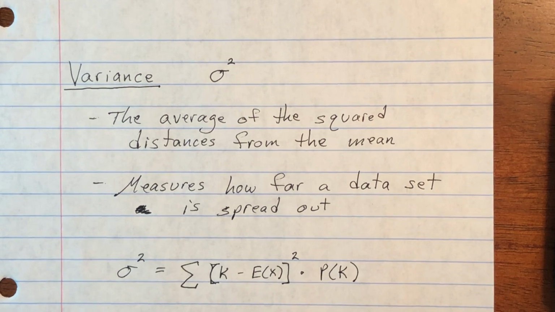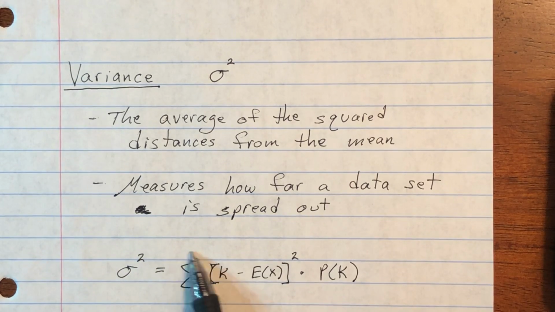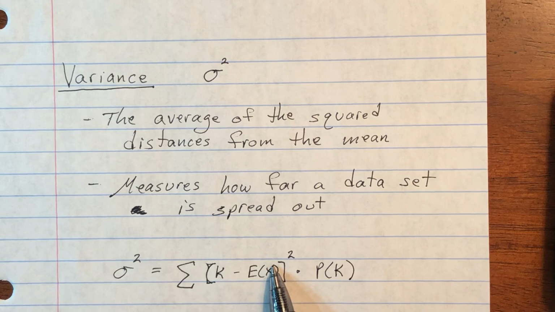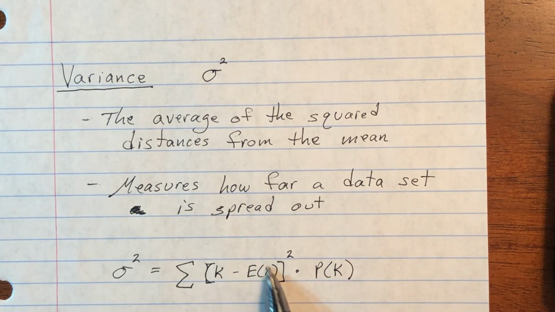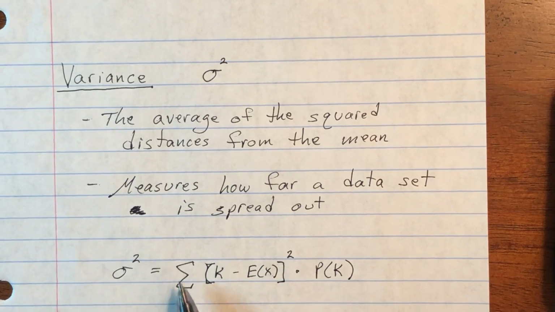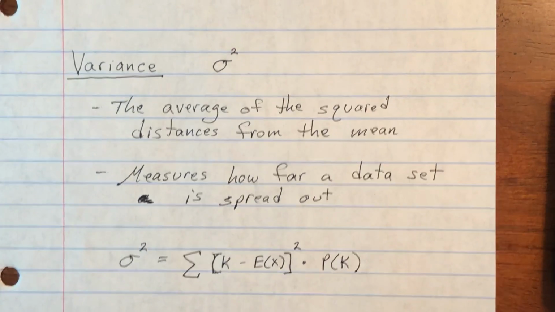The formula that you use for variance is sigma squared is equal to, and there is the capital sigma, I just wrote that up on there to show you that we're adding up all of the squared distances from the mean, k minus the expected value. Yesterday we did expected value, so that's where that comes in. So k minus expected value is the distance from the mean. We're going to square that, multiply it by the probability, and then add them all up. I know, sounds complicated. It's not that bad. Here's what it looks like